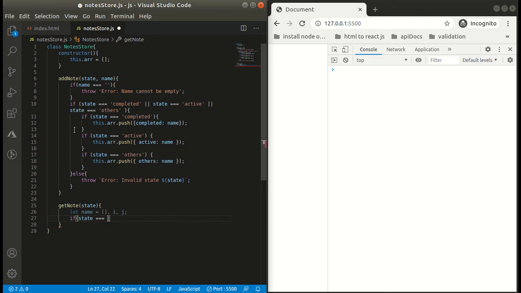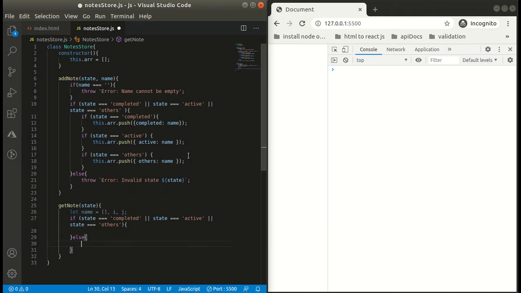Here also we have to take care of the above case, that is for invalid state. As it is given in the problem statement, do take care of that case also, else we will simply throw the same error of invalid state.